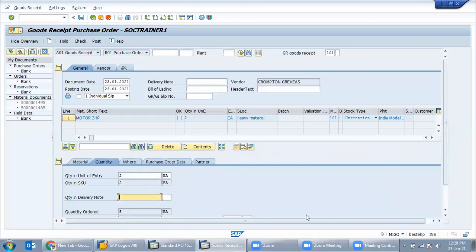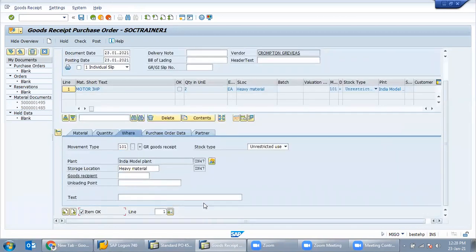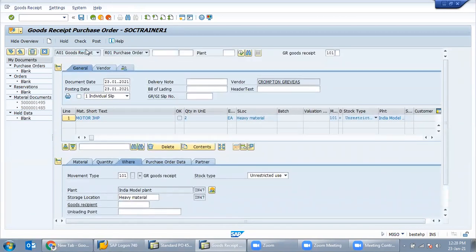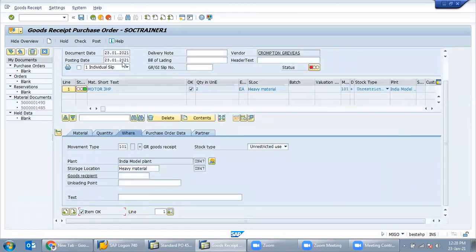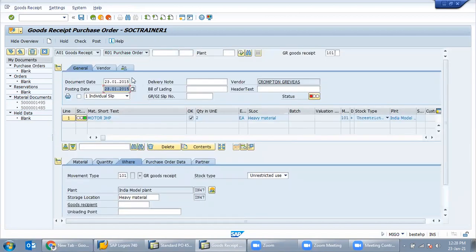Suppose this time the vendor has delivered the balance 2 quantities at the plant premises. So here we just click on receive and click on item check. Just click on check. Again, the posting period is 2015 because the open period is 2015. So now post.